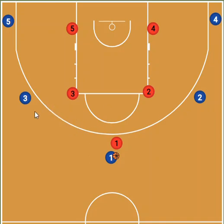The reason this is called gap defense is we want these guys in the gap. We don't want them way out on their guy. You want them roughly halfway between the ball and their man, and back a little bit. So that way it's really hard for 1 to drive to the lane, right? Because 3 can easily step